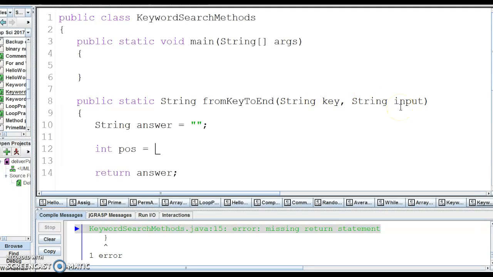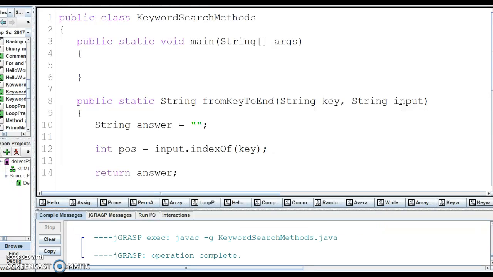Well, I'll let you think about it for a second. Pause the video if you want to practice. But what I can do is look for where that is. Input is the string, and I want to look for the index of the key, okay? And I'll compile it. Okay, everything worked good. Obviously, I'm still not testing it, but